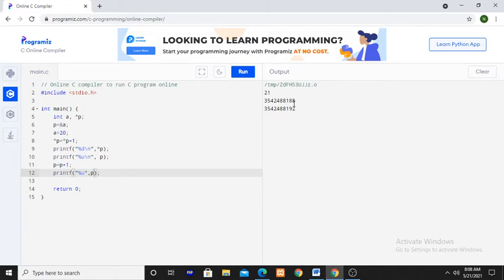The last 2 digits of the address, how much is it incremented? It is incremented by 4 bytes, the difference is 4. So why is it 4? Here I have written only plus 1, but the difference is 4. What is the meaning of that? Here the data type is int. In the online compiler, the size of the int data type is 4 bytes. In the previous class we have seen that the size of the int data type is 4 bytes. So here the difference is 4.